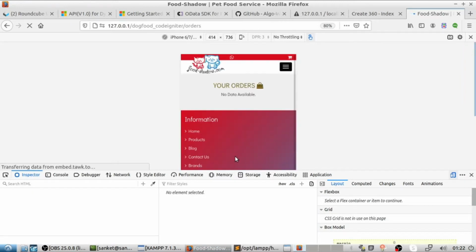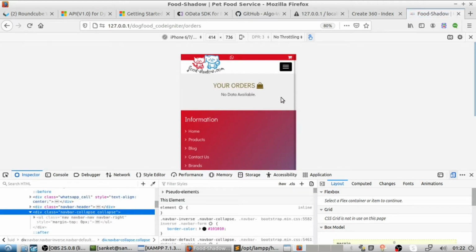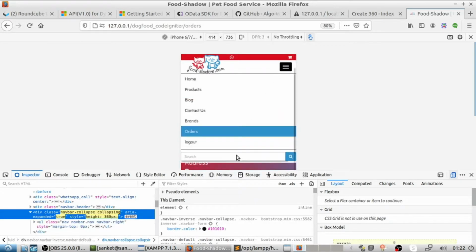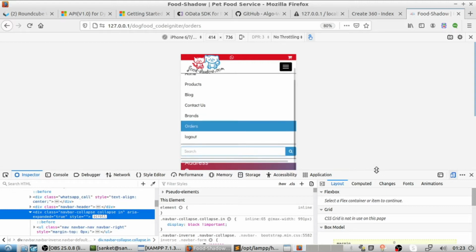Let's refresh. It is not hiding when I click inside the navbar, but is hiding when I click outside.